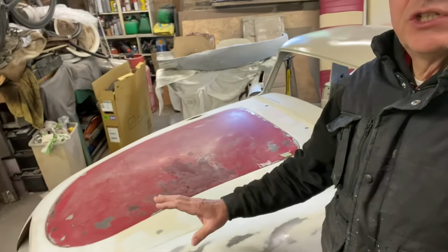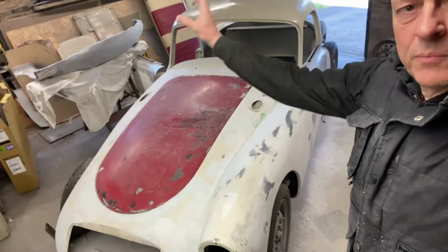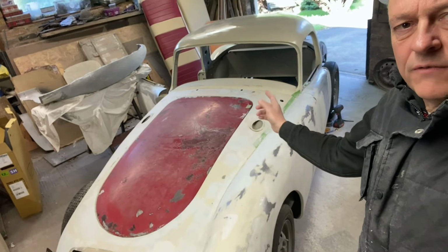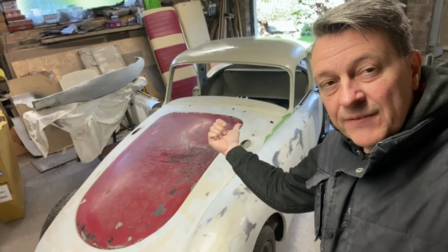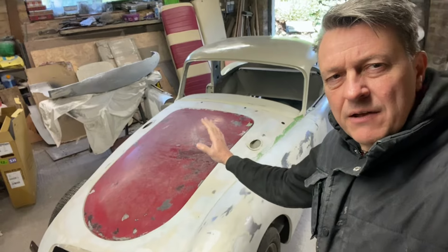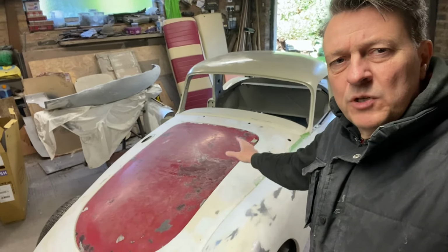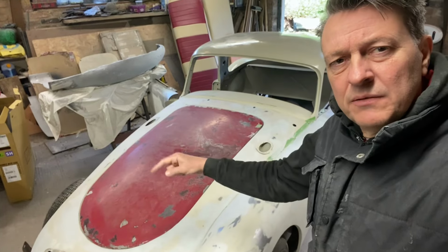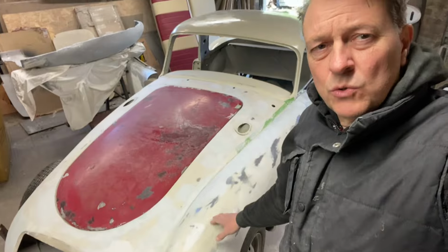I've pretty much completed the whole of the body, wings, roof. I've not done, obviously, you can see, the bonnet or the boot. There's quite a lot of work to do there, and as a result of those not being connected, I won't be able to 2-part epoxy prime the main body, but certainly I need to get the wings done for sure